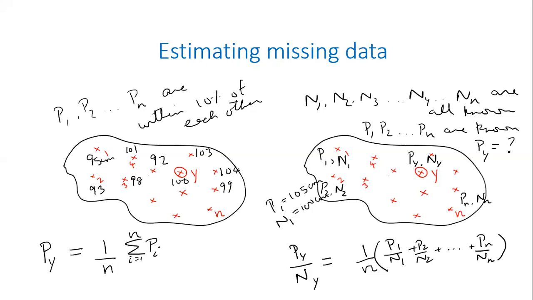For example, if I tell you that in the city of Nagpur, rainfall data is not available for a given year, one way of doing it is taking all the rain stations from the whole of India. You can take the average from P1, which is the gauge in Delhi, and N1, which is the normal rainfall received in Delhi. You can take all of them, compute the average, and say the rainfall that Nagpur must have received was so and so, using the whole of India.